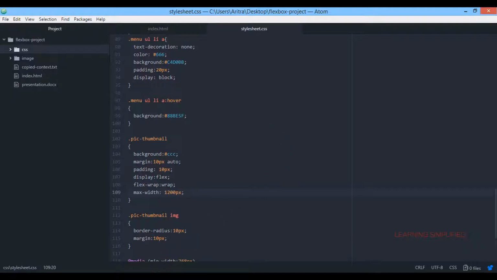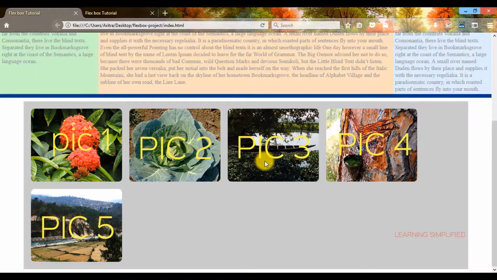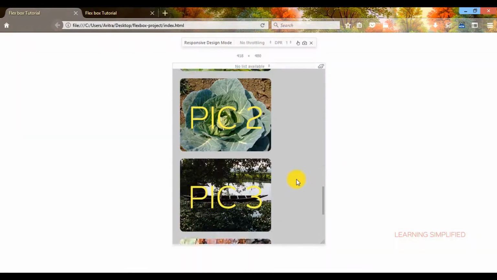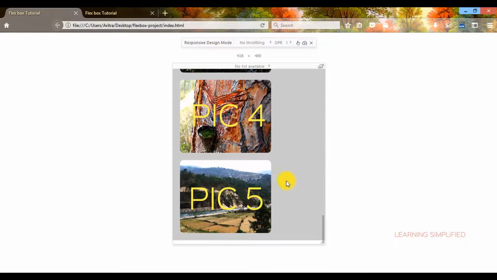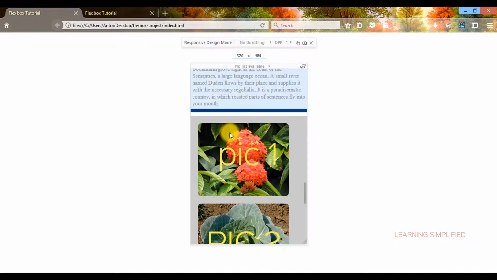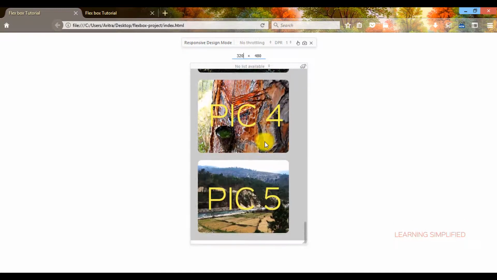Now just press Ctrl S and get back to your project and reload, and you can see that all of your images are now confined within a 1200 pixels max width image container. So this is the thing that we need to know from this tutorial. In the next tutorial we are going to discuss a lot more things that are still needed to be analyzed over here, a lot of those kinds of properties. So hope you guys stay tuned for our next tutorial.